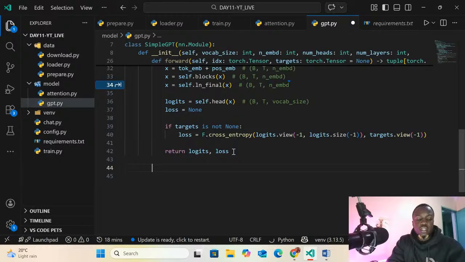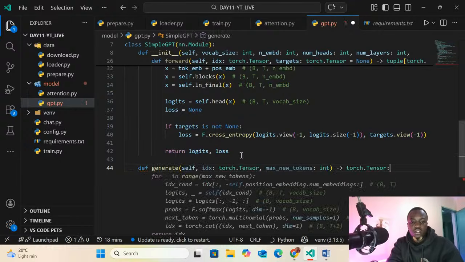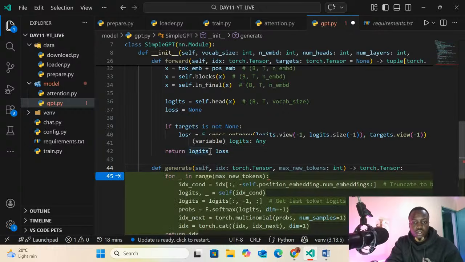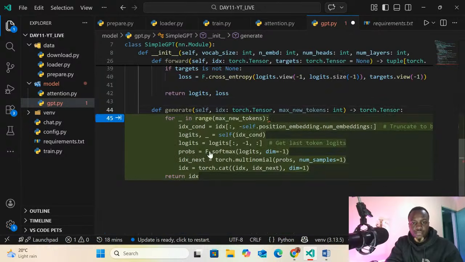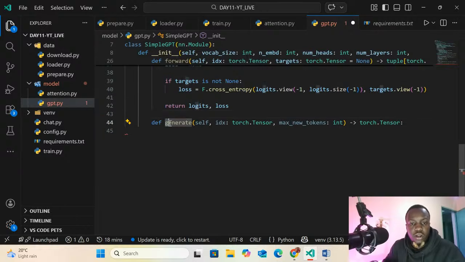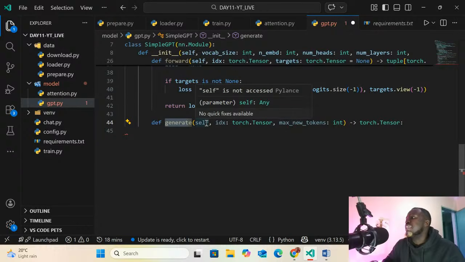So we can define generate. This time I'm not using autocomplete, it's messing me up. We are going to pass the generate, which is going to generate the text now.